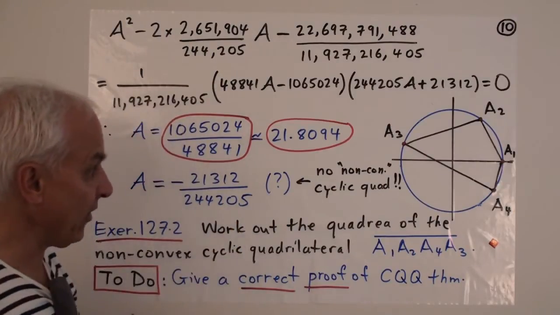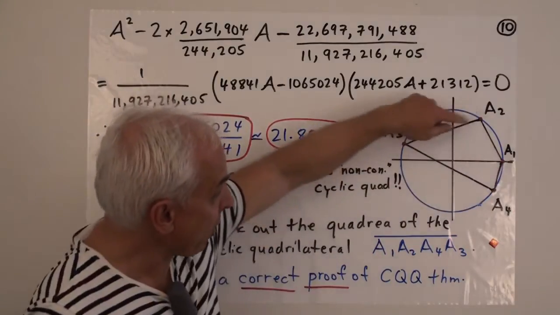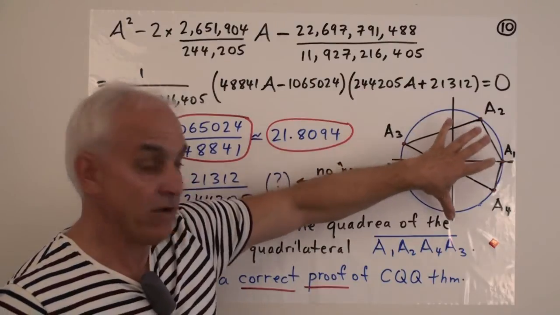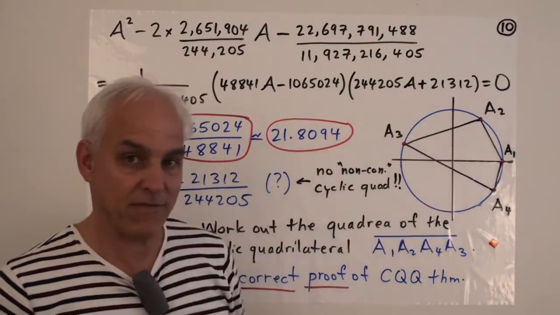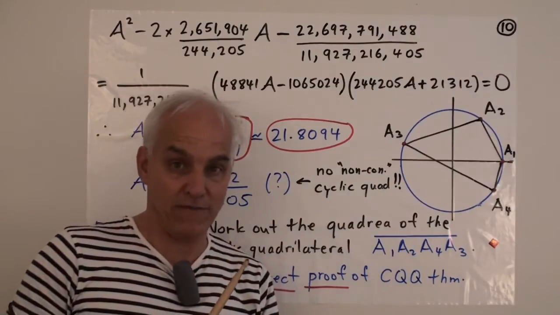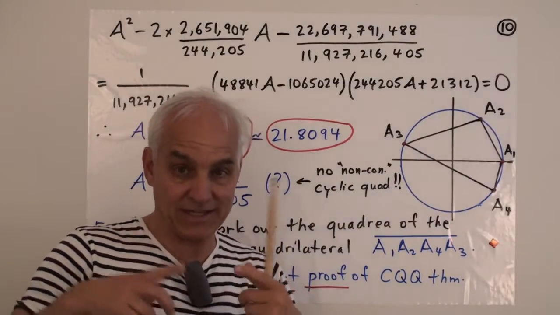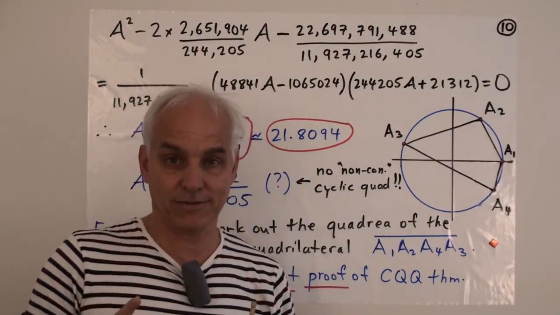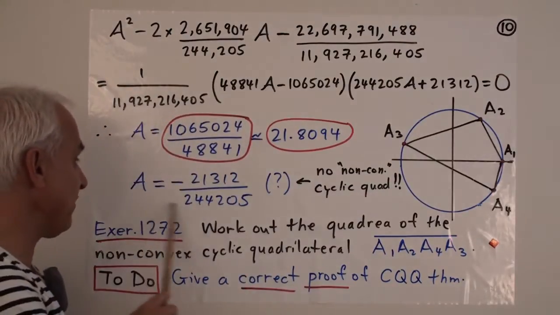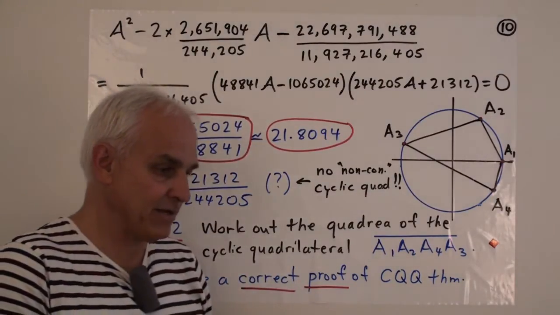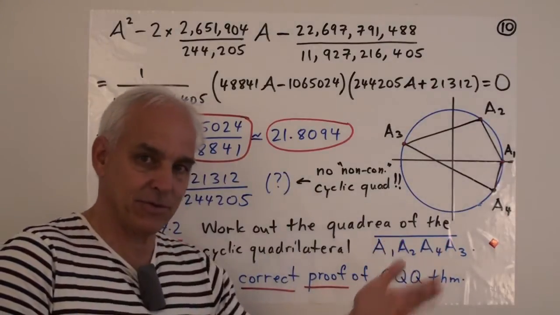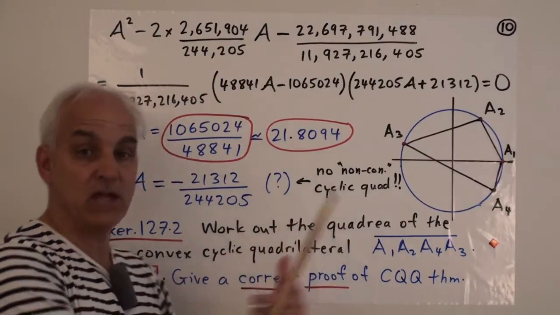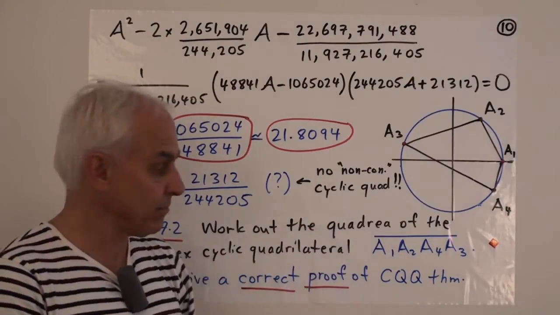The algebra is telling us that these four quadrances form a convex quadrilateral, namely the one we had there. But if we try to form a non-convex cyclic quadrilateral using those same quadrance segments, we are not going to be able to do it. That's why we're getting a negative number here. It's the algebra telling us that the other case, which is the non-convex one, in this case doesn't exist because of the particular relationships between the four quadrances that we've chosen.